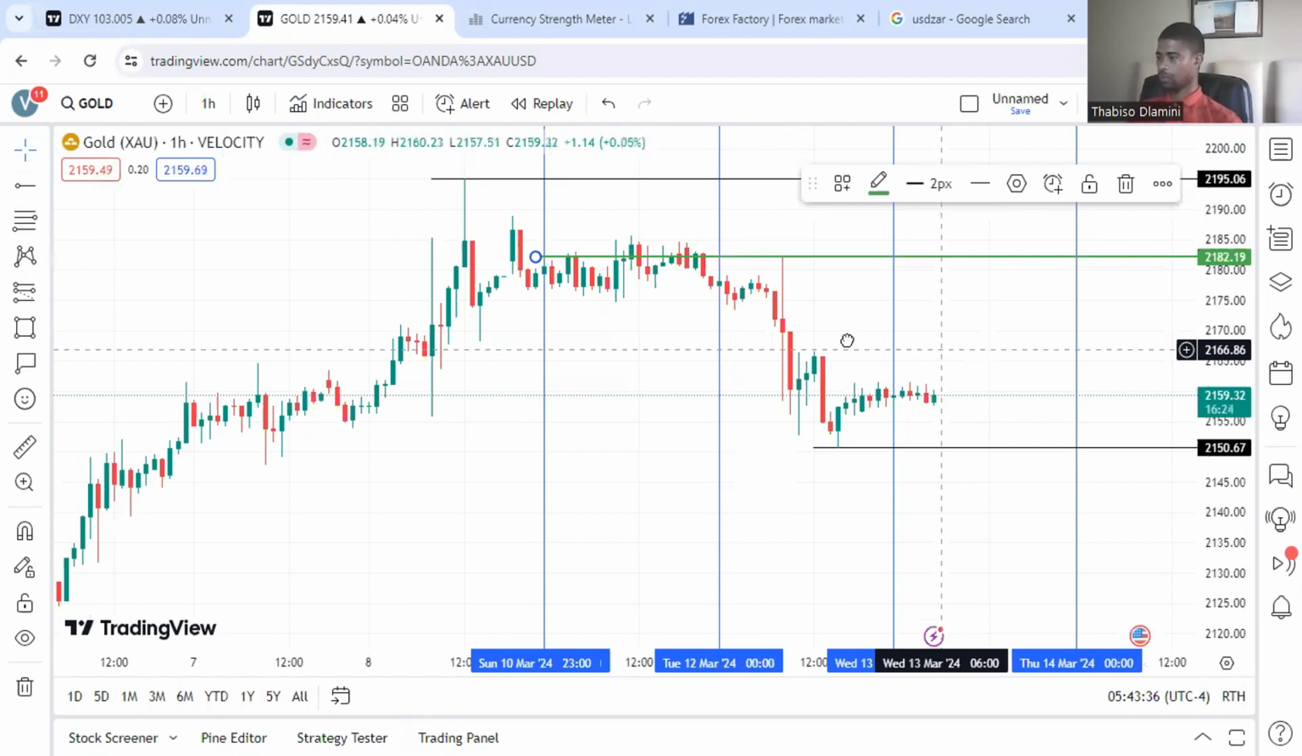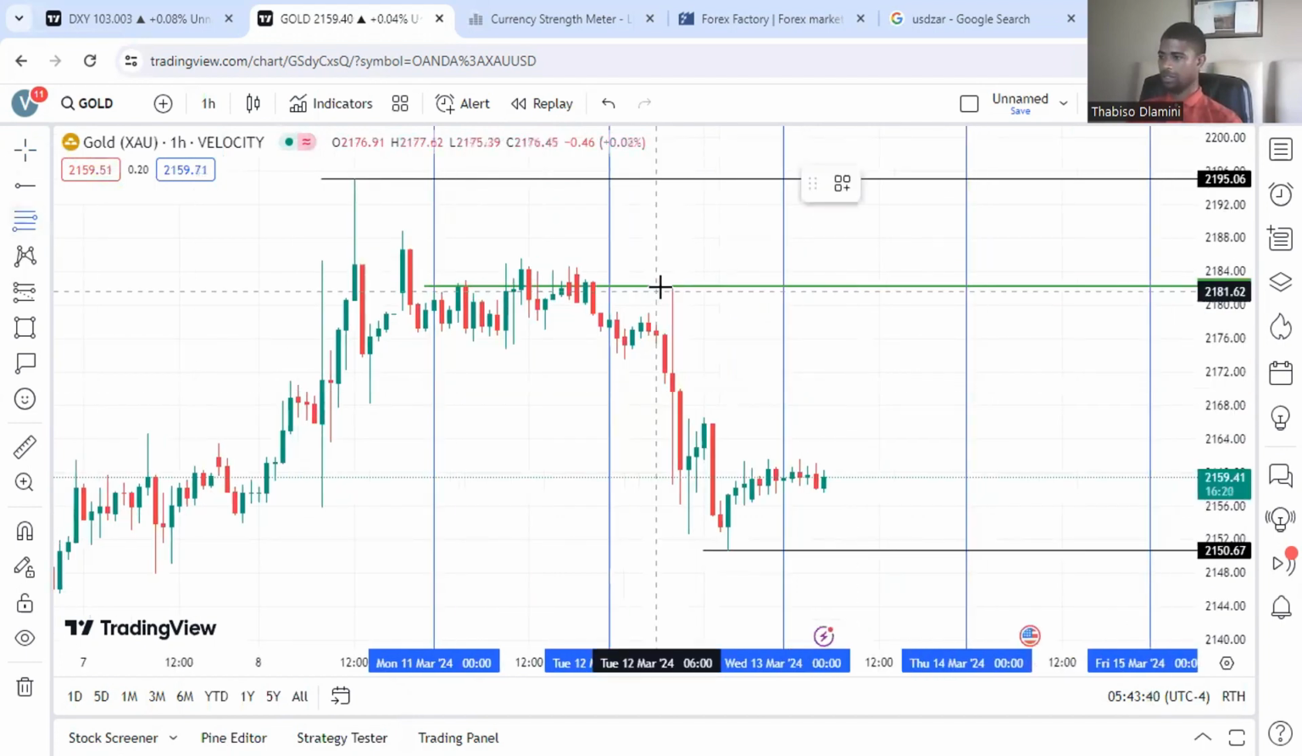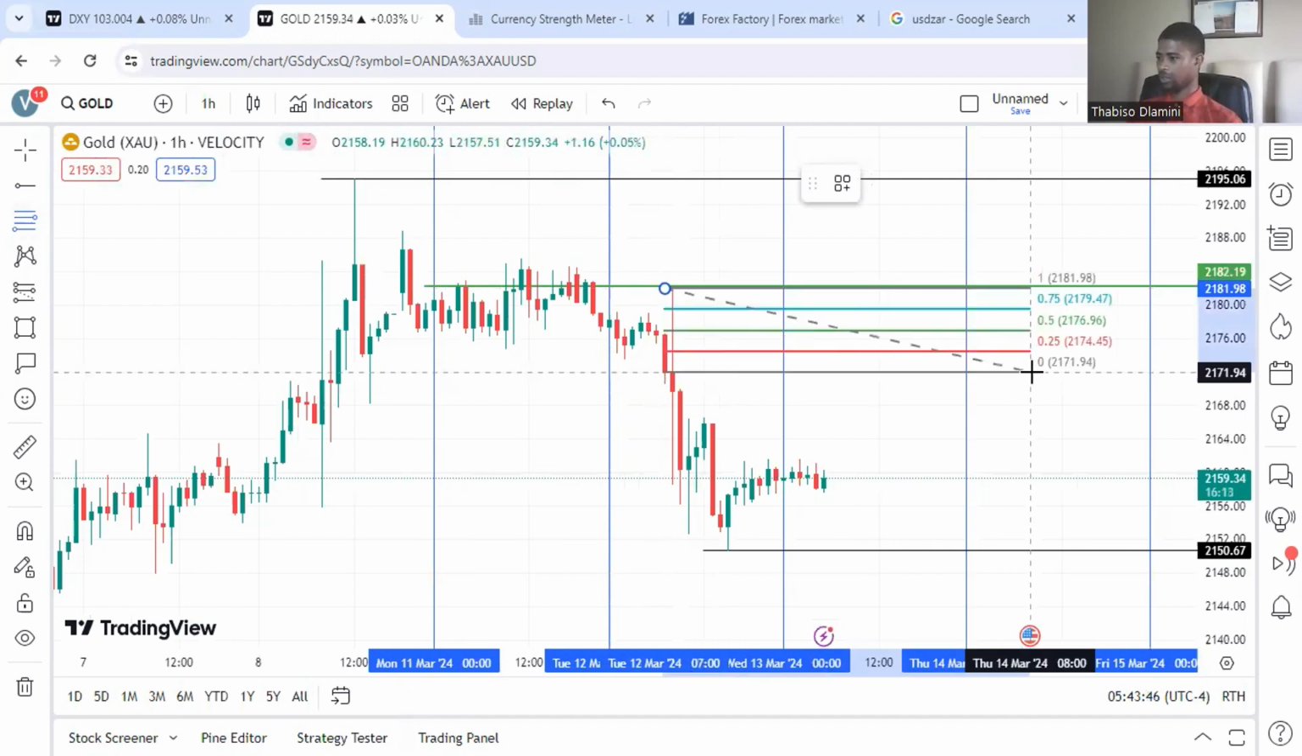So for me, I'd really expect to continue to the downside if we've already taken out that liquidity there. So my entries, I should expect entries around those margins. Anyways,